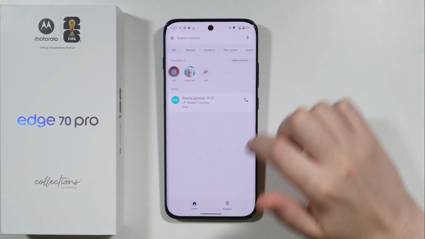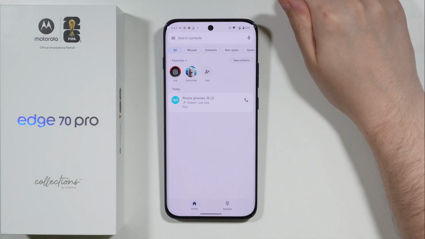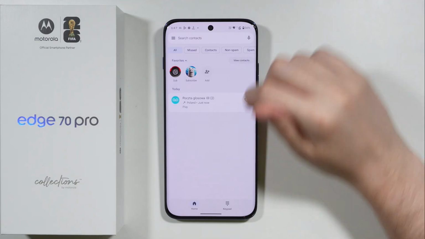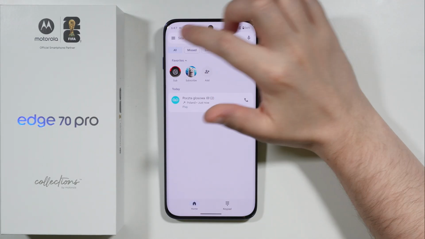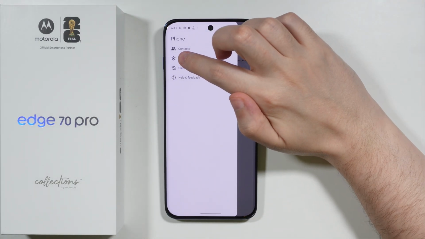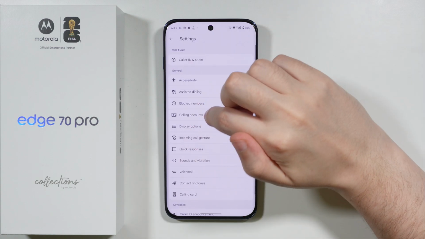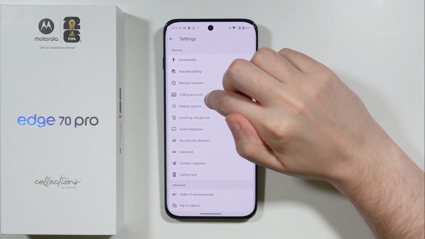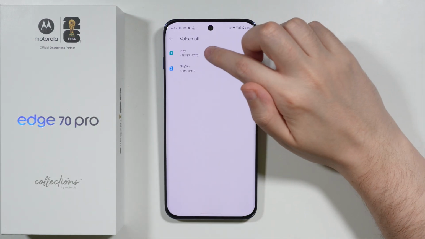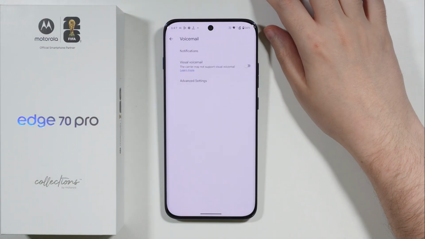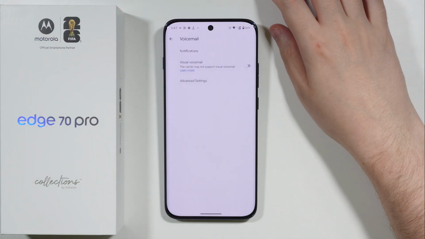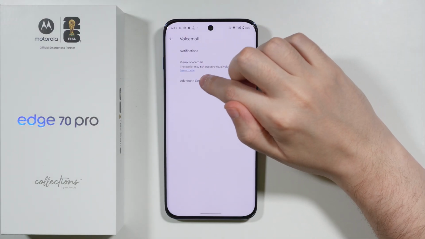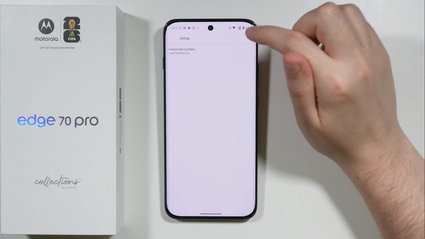Now, in case you press and hold number 1 and nothing happens, or you cannot read voicemail like that, then you can go back to the home page and tap on these lines in the upper left corner, and then go to settings. Then over here in settings, we're gonna go to the voicemail option, then select your SIM if necessary, and then here we should be able to go to advanced settings and then choose setup, and then here